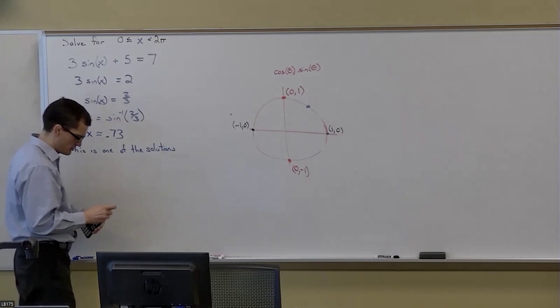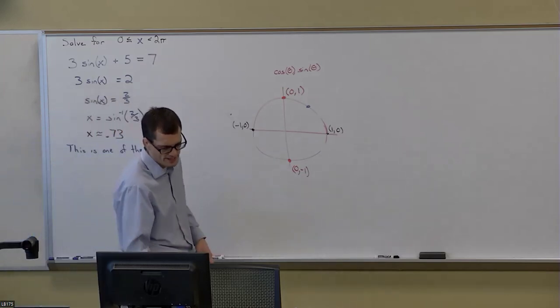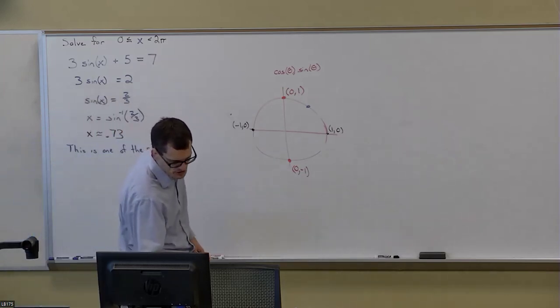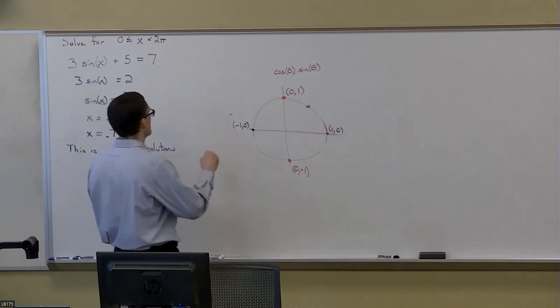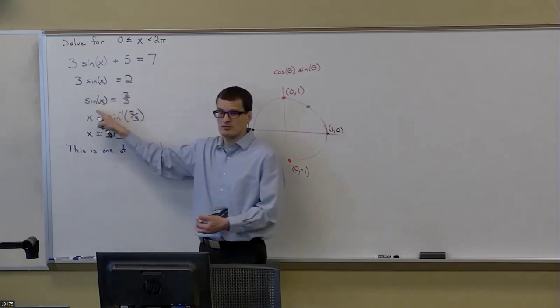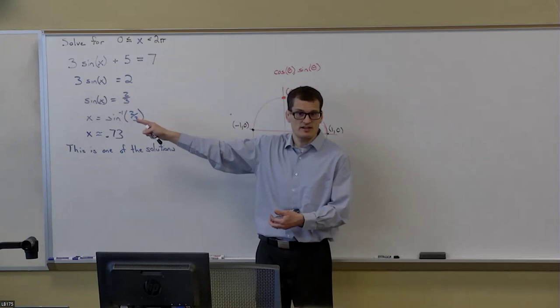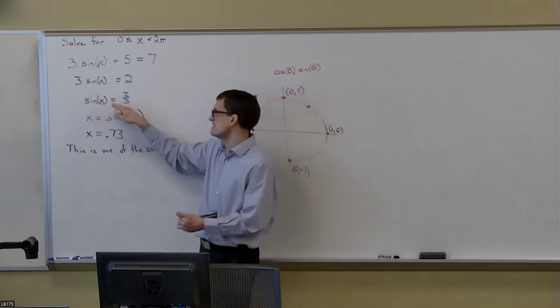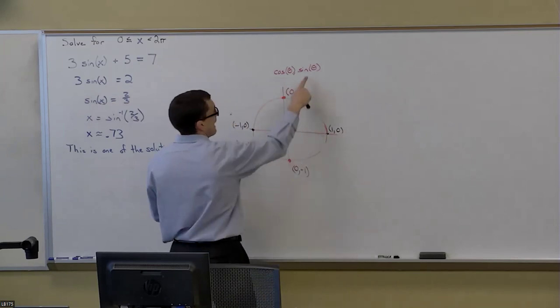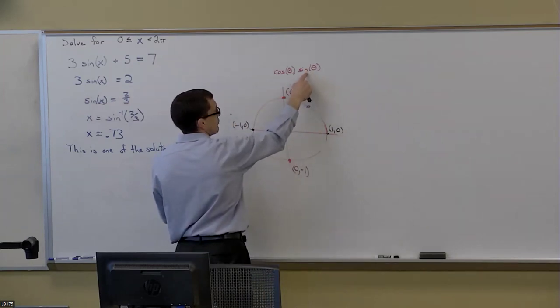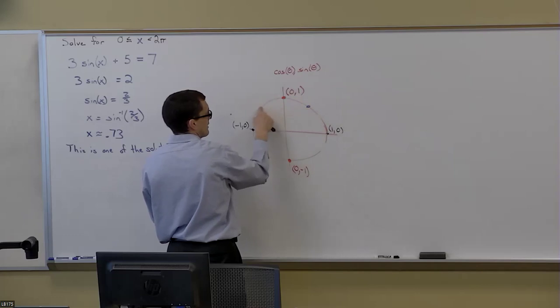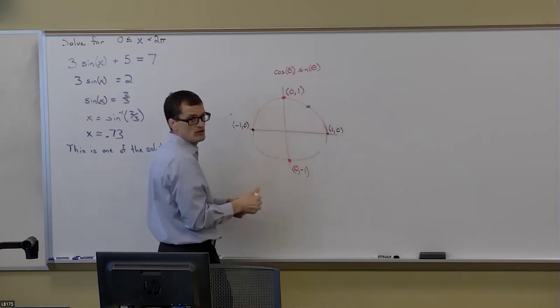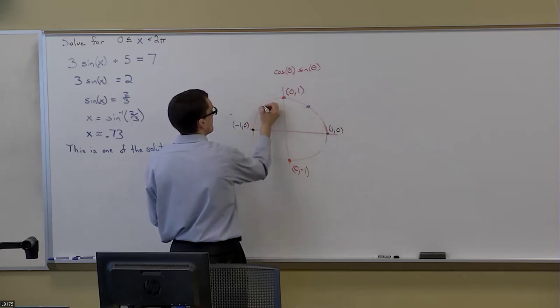The other solution we get by projecting across, well, again, everybody understand why I'm doing the y-axis because of the sine, right? Does that make sense? So we're doing sine is equal to a number, and sine is the y-coordinate or the second coordinate on the unit circle. So we're projecting across